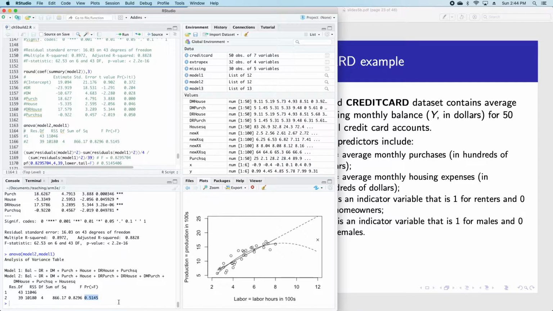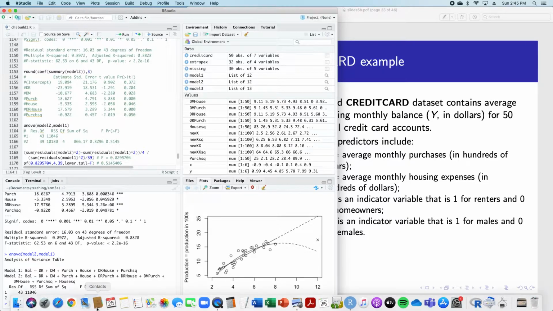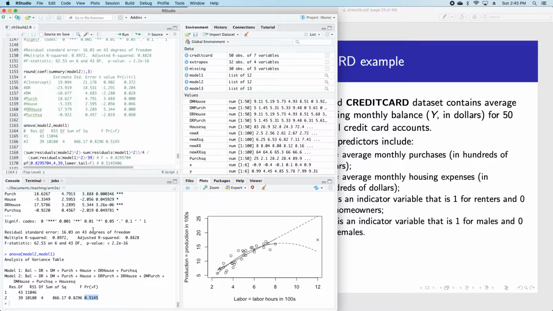So we've got a p-value bigger than 0.05, so I cannot reject the null hypothesis that the regression parameters in the more complicated model are all 0. So in other words, if all those regression parameters are all 0, then I don't need that more complicated model. I can just remove those particular predictor terms, and I can go with my reduced model, which is model 2